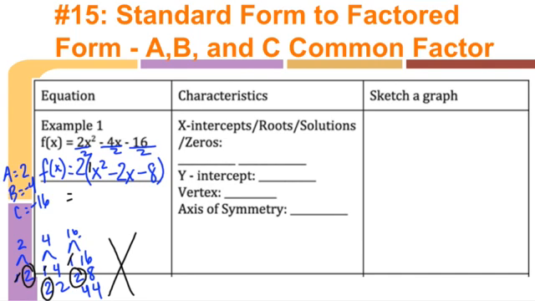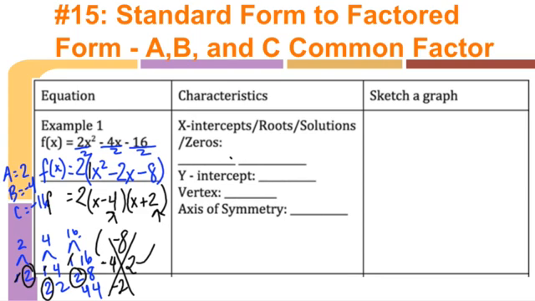So I've got a as 1 times c, that's negative 8. And then b is negative 2. So two numbers that multiply to negative 8 but add to negative 2. That's going to be a negative 4 and a positive 2. So now I've got 2 and x minus 4 and x plus 2 as my factored form. So f of x is equal to 2 multiplied by x minus 4 multiplied by x